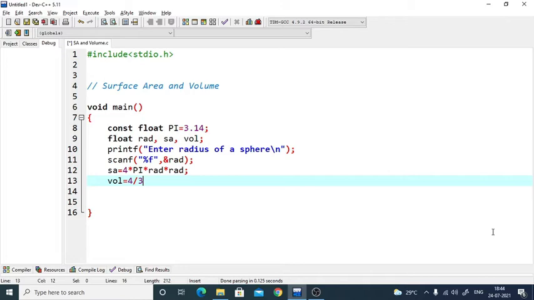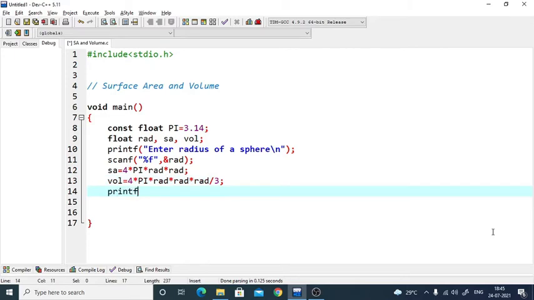Now to avoid that, either you write 4.0 divided by 3, so it will get the actual division, or 4 by 3 pi r cube can be considered as 4 pi r cube by 3. So you'll obviously get the effect of actual division, and that's what I'm doing. So 4 pi r cube, pi into r cube, so rad into rad into rad, 4 pi r cube divided by 3.